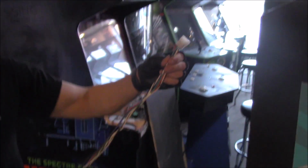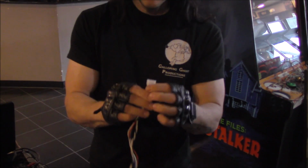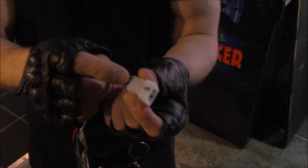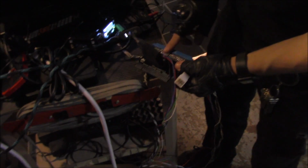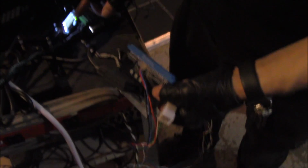And we made this long video adapter. This is just a 9-pin Molex. It's set up color-coded for red, green, blue, ground, sync, and then the last 4 wires we used for stereo audio. So out of the JAMMA to SCART, we have a SCART cable that goes to the